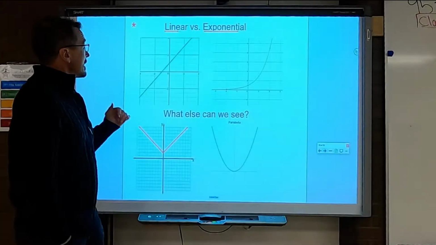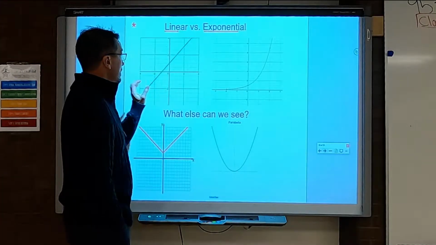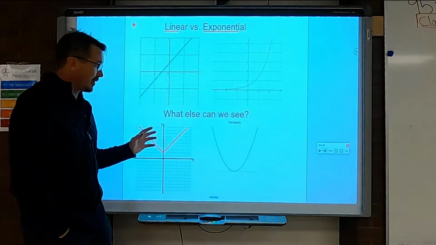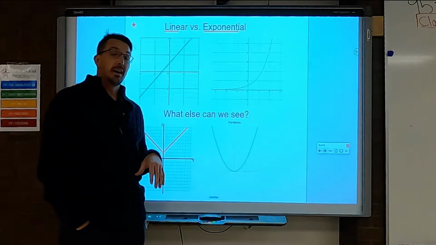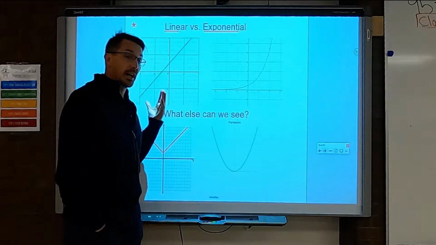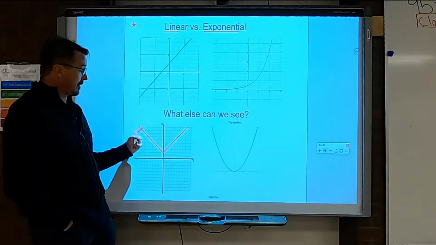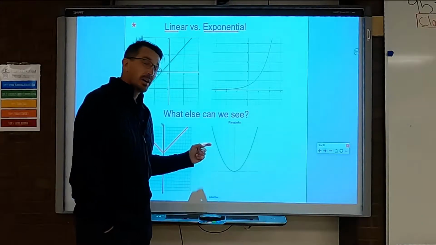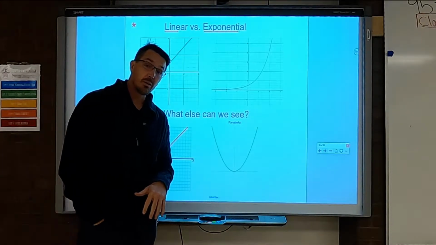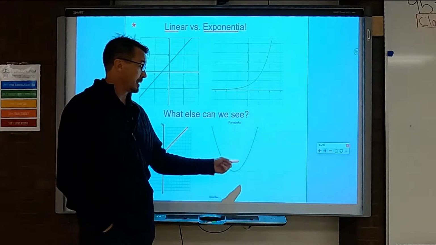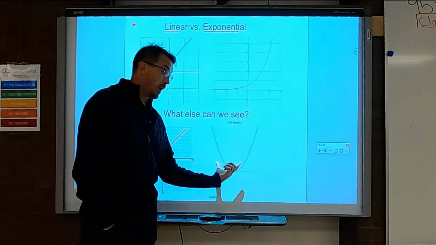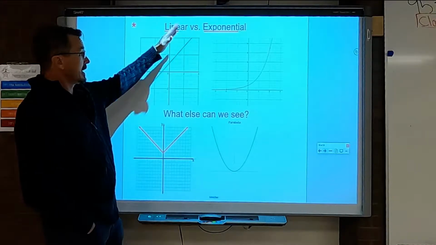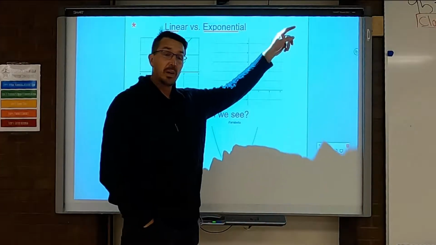In this section, we're going to talk about identifying graphs as either linear, exponential, or neither. Now, neither actually falls in a weird category of things that we actually know. For instance, this is a graph of an absolute value equation, and this is called a parabola. You're going to spend most of Math Secondary 2 and Math Secondary 3 talking about parabolas, but for what we need to know, because in Math Secondary 1, all we talk about is linear and exponential,